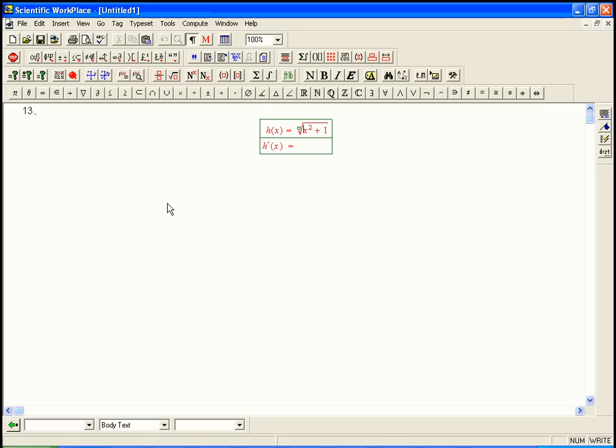Now let's rewrite this as x squared plus 1 to the 1/2. So the derivative is going to be 1/2 times all that to the minus 1/2 times the chain rule. And so that's going to simplify as x, and then I'm going to rewrite that